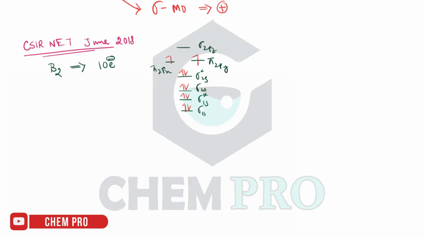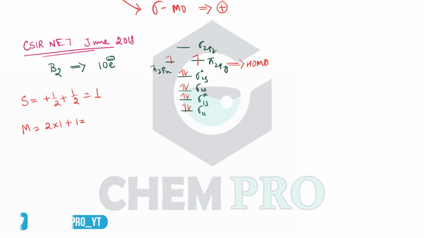So first we have to find the HOMO. So this is the HOMO, and considering this HOMO we have to calculate first the S. So here 2 electrons are plus spin, that is S will be plus half plus half, that means this is 1. So the multiplicity will be 2 into 1 plus 1 equal to 3, and from here we can say that this is plus 1 and this is minus 1. So the lambda value will be plus 1 and minus 1, that means 0, and for lambda value 0, this will be a sigma. Okay, the term will be a sigma.